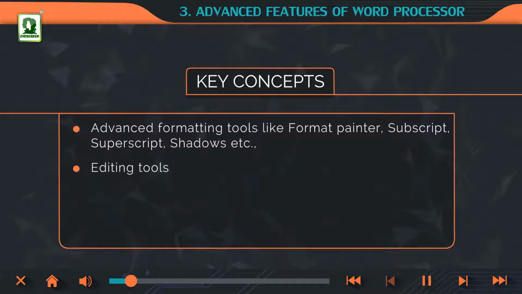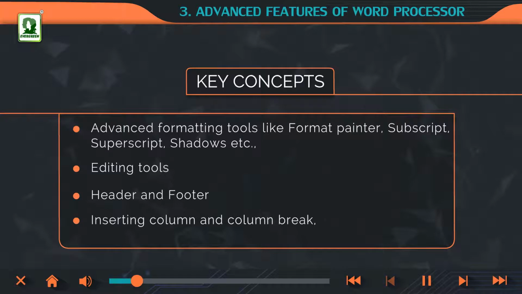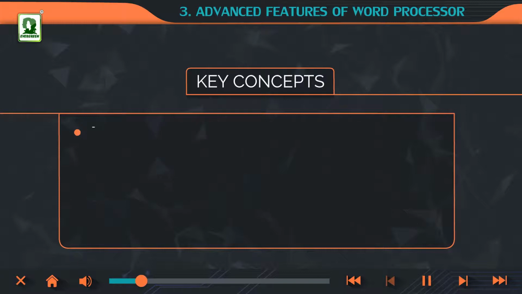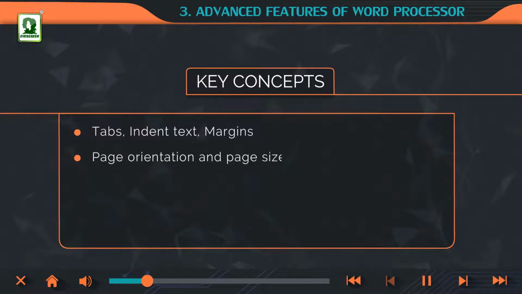Editing tools. Header and footer. Inserting column and column break, page break and line break. Tabs, indent text, margins, page orientation and page size,